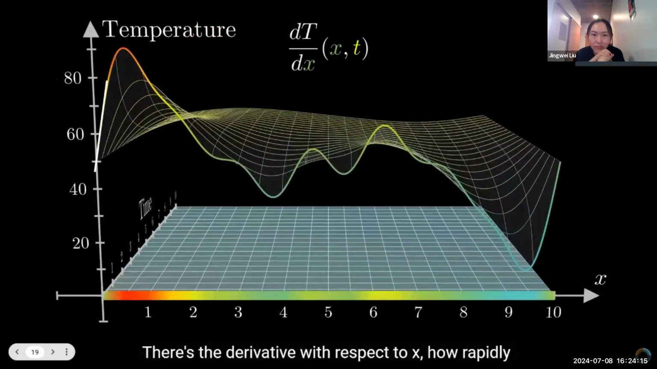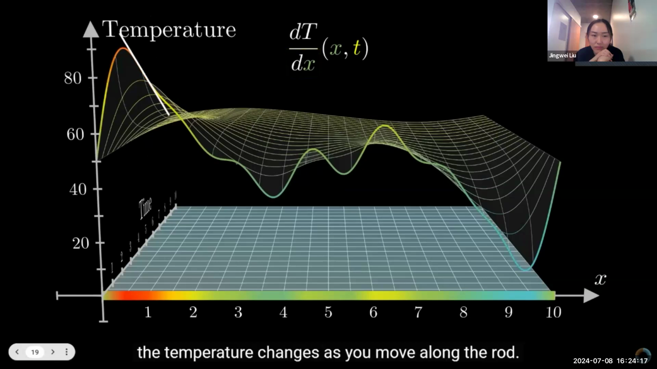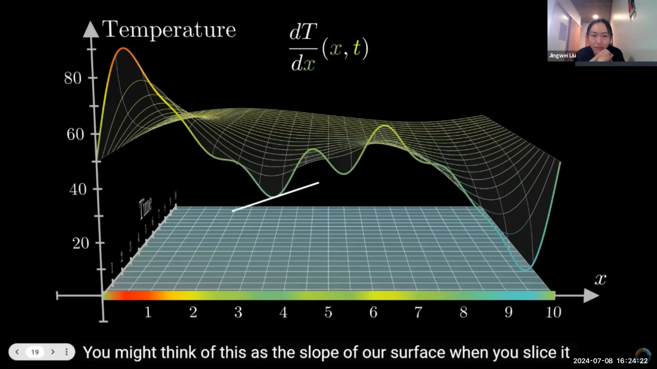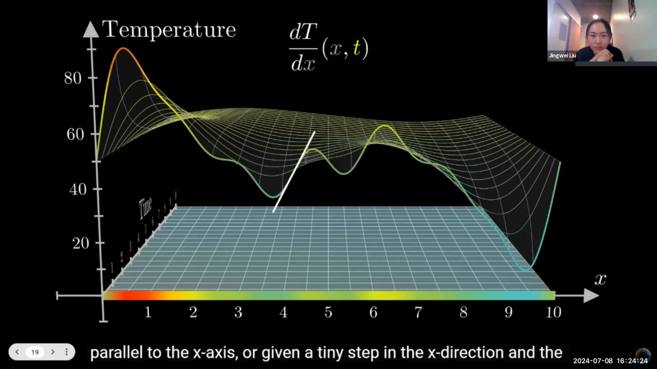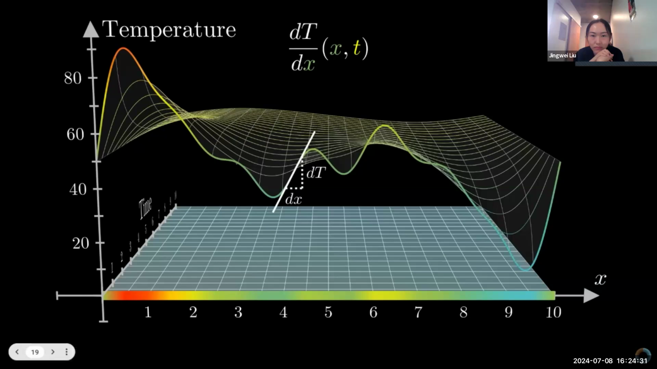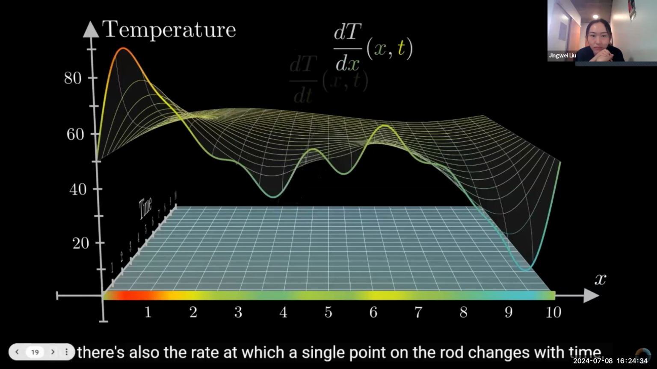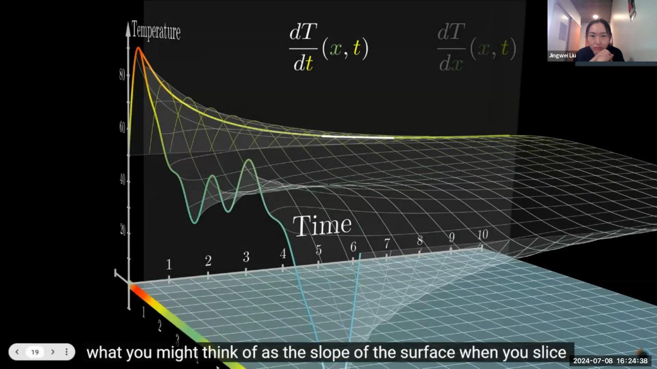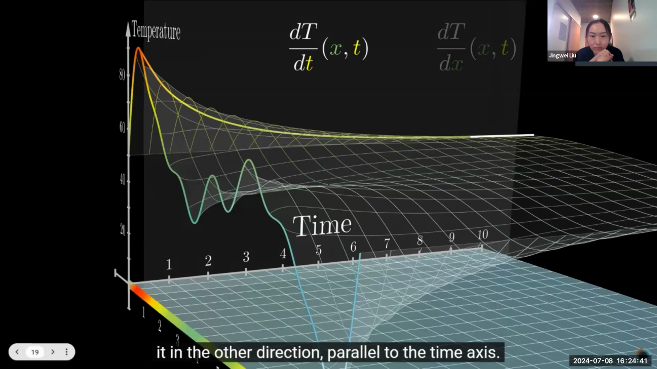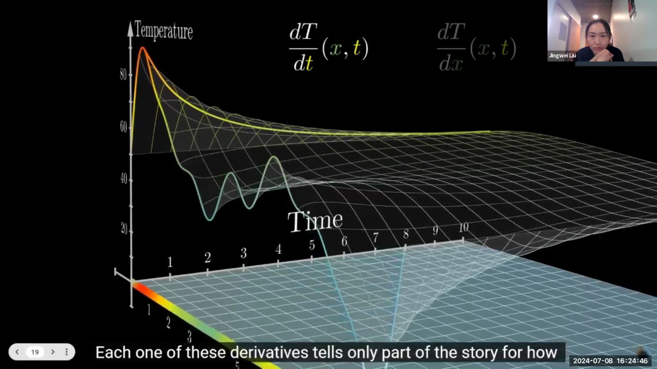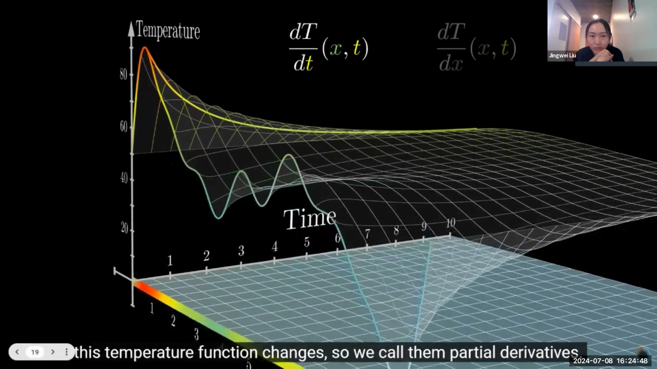There's the derivative with respect to x, how rapidly the temperature changes as you move along the rod. You might think of this as the slope of our surface when you slice it parallel to the x-axis, or given a tiny step in the x direction and the tiny change to temperature caused by it, this gives a ratio between the two. But there's also the rate at which a single point on the rod changes with time, what you might think of as the slope of the surface when you slice it in the other direction, parallel to the time axis. Each one of these derivatives tells only part of the story for how this temperature function changes, so we call them